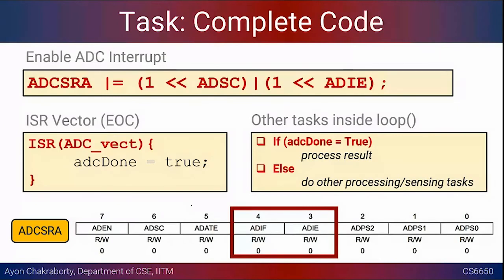So one thing I would ask you to do is to have a complete working code for this. I have already told you the main details, what are the things that you need to set, but you can just implement the same thing for temperature sensing, the way we showed you the complete example while we were doing the pole design.